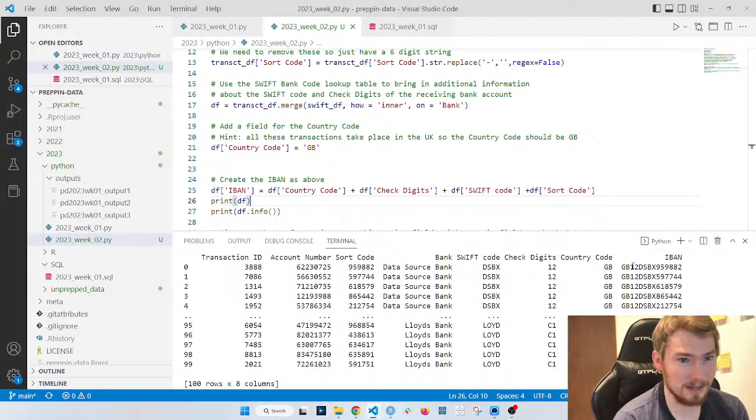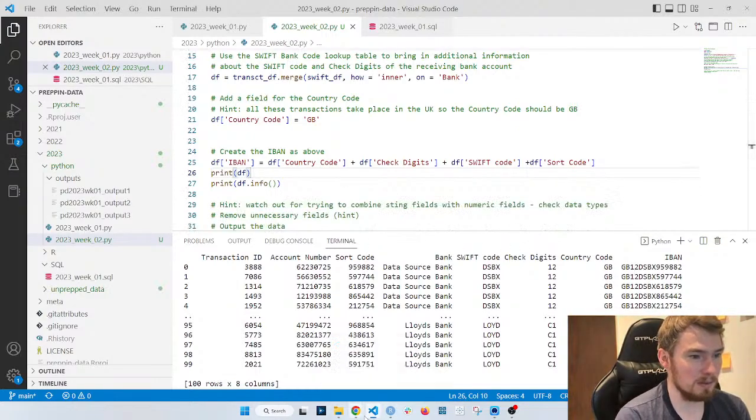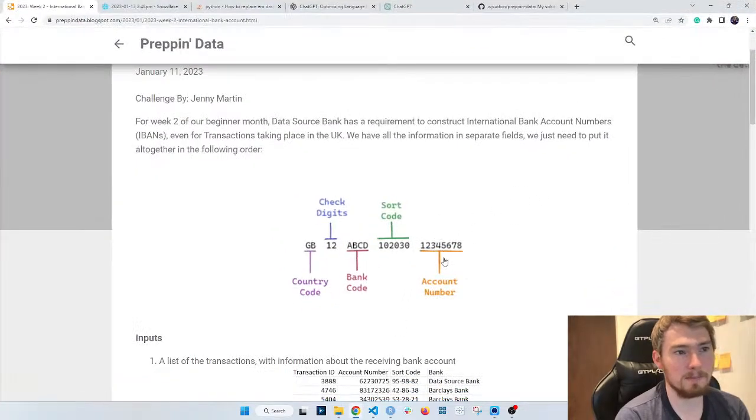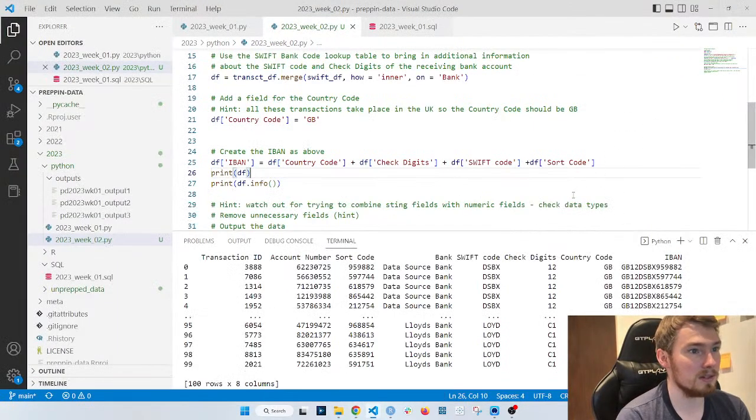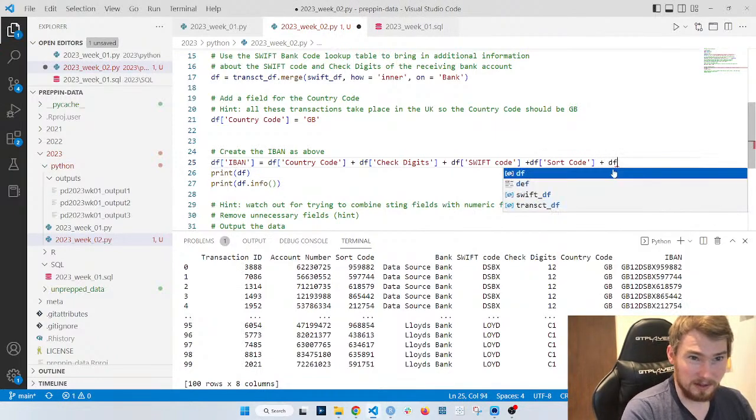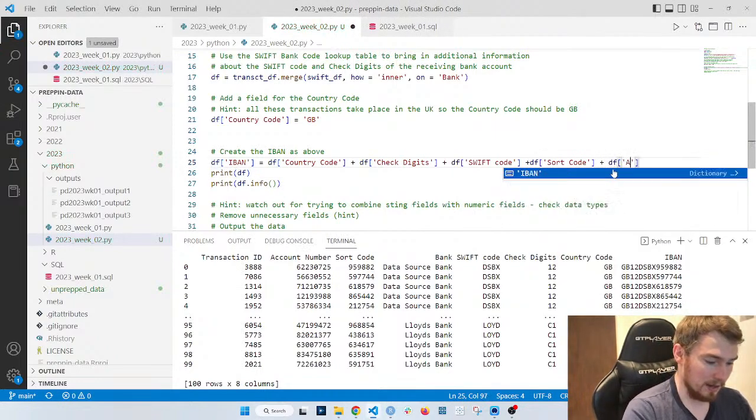So starting to come together a bit. Now we just need to add in, I think the last bit is our account number, these different account numbers. So if I go plus df account number, I'm expecting it's going to throw an error.